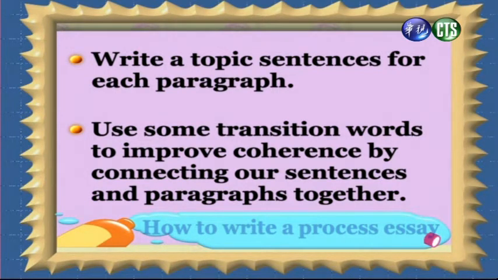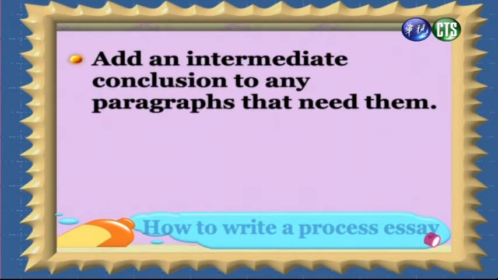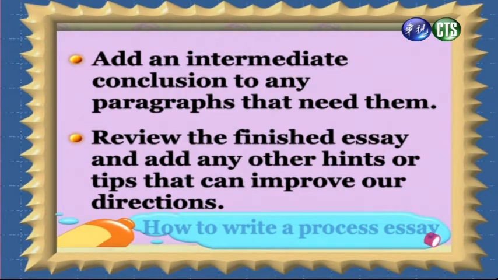And then next, use some transition words to improve coherence by connecting your sentences and paragraphs together. 那当然，在每一个句子跟句子中间，以及每个段落跟段落中间，请加入一些所谓的转折语来增加彼此之间的连贯性。And another thing that you can do to turn the outline into an essay is to add an intermediate conclusion to any paragraphs that need them. 好，那接下来下一个呢？可以去让这整篇文章看起来更连贯的方式呢，也就是在每一个段落的结尾，如果你觉得需要的话，其实可以加入这所谓的段落的结论。And then the very last thing that you need to do before your essay is finished is to review it one more time, and then add any other hints or tips that can improve your directions. 好，那最后一个要提醒各位同学，可以让文章看起来更完整的方式呢，也就是在最后结尾的时候，你再把前面所讲述的呢，再做一个复习，然后呢，也许加入一些所谓的这个建议啊，或是小技巧来帮各位读者呢去增加他们的技巧，跟他们了解这整个过程。